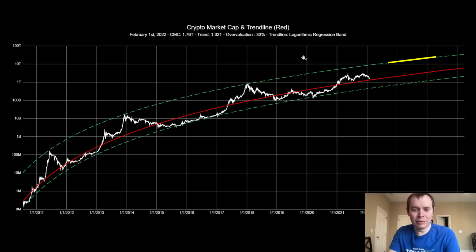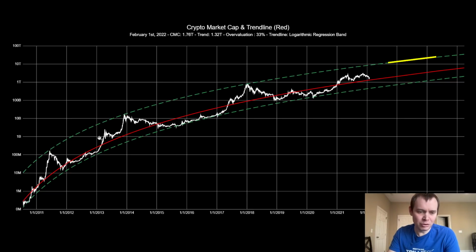And when we talk about this idea of going to approximately 10 trillion, people always ask me, well, is it going to make it to 10 trillion? Is it going to go higher than 10 trillion? You can look at the logarithmic regression curve and see what it shows. I would expect 10 trillion to be possible by the third quarter of this year. It would be a theoretical possibility, but realistically you shouldn't assume that the very first time it hits a milestone is when the asset class will get to that milestone.